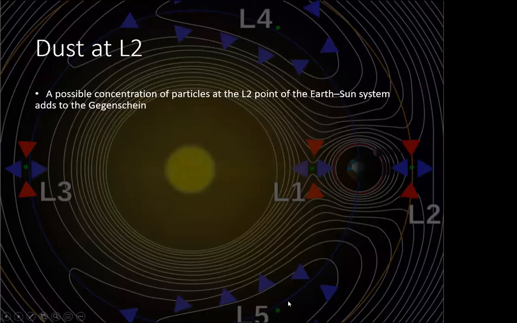There are two other Lagrange points, L4 and L5, 60 degrees ahead and 60 degrees behind the Earth. And they're also semi-stable zones in which things can accumulate. And the Earth does have one or two asteroids that lurk in those L5 and L4 positions. They're called Trojan asteroids if they live there, and they kind of lead and follow the Earth around in its orbit. It's quite curious that the effect of all of the dynamical forces more or less cancel out at those spots.